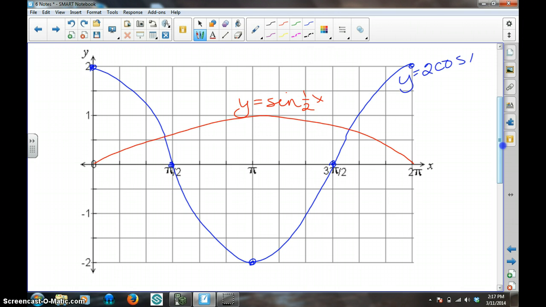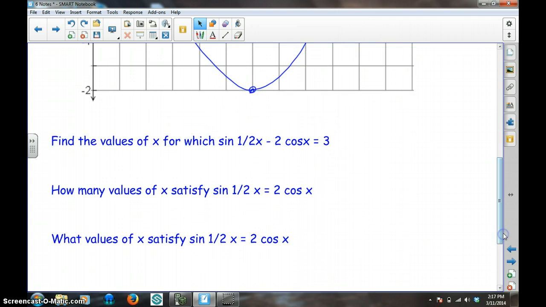Now, essentially, there are 3 different questions that they can ask you about a graph like this. And here are the 3 different